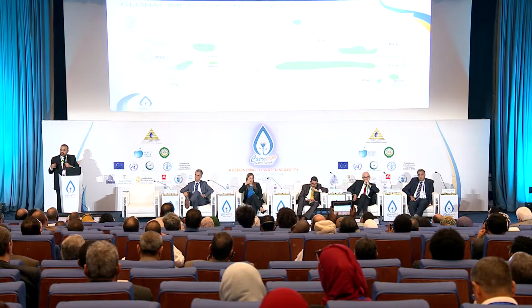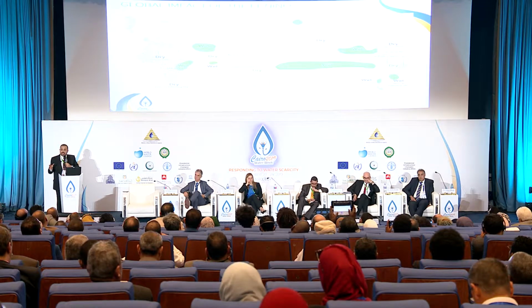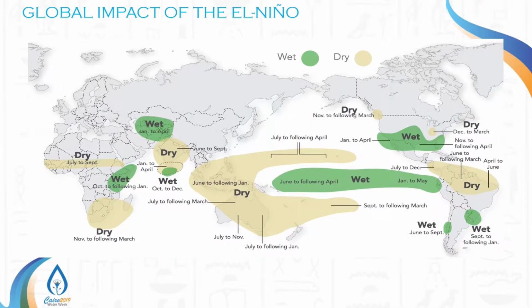Tom did a very good job outlining the floor for me to talk about El Nino. He did it already. El Nino is a global phenomenon which does have regional impacts. El Nino happens as a disruption in the connection and the teleconnection between land, ocean, and atmosphere. It's the interplay, the motion of the warm waters in the Pacific, east to west, west to east, which identify the two phases of El Nino, the warm and the cold phase. And when El Nino happens, it has an impact at a global scale: different areas might be dry, different areas might be wet.